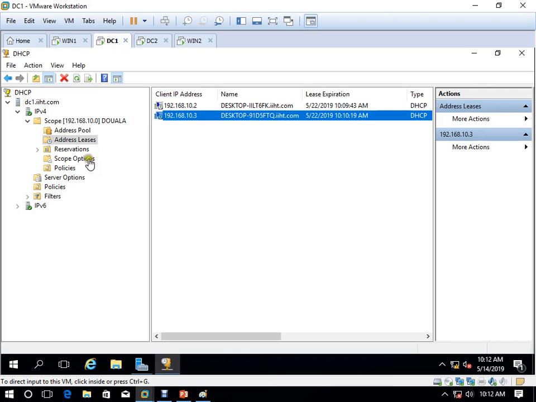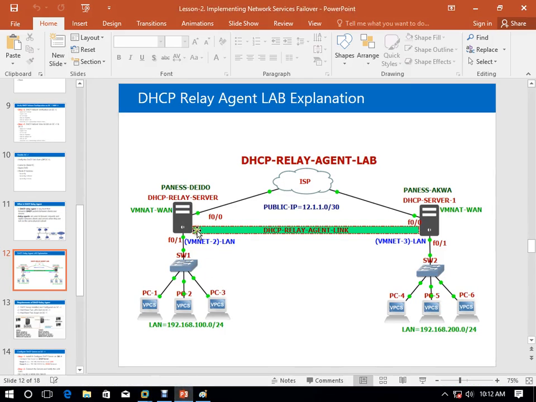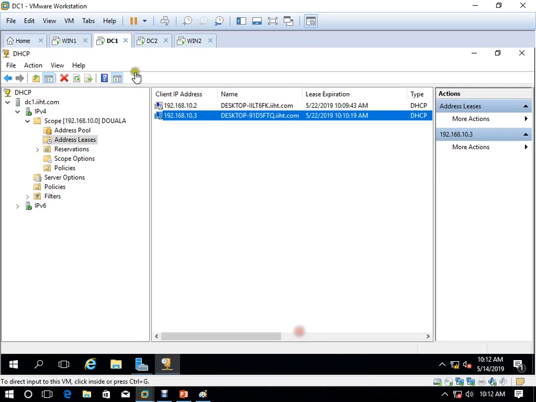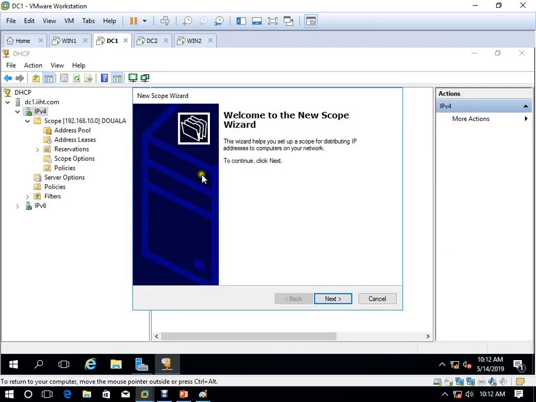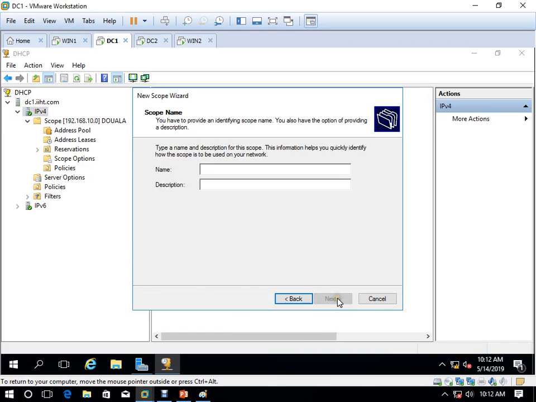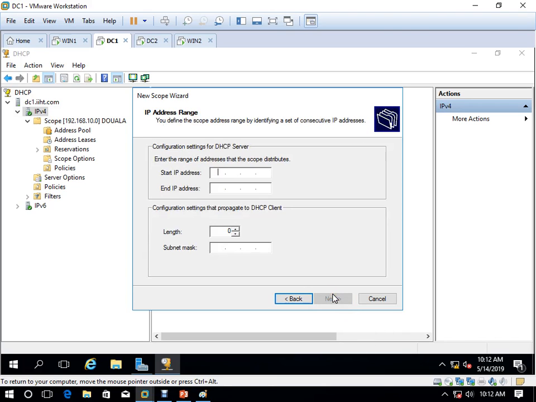Now come to DC1. DC1 is connected here. If you have configured DHCP here, your client is getting an IP address, but what about your branch client? You have to come here again to your DHCP server and create one more scope for your branch, new scope. Here you can name it Yaoundé.